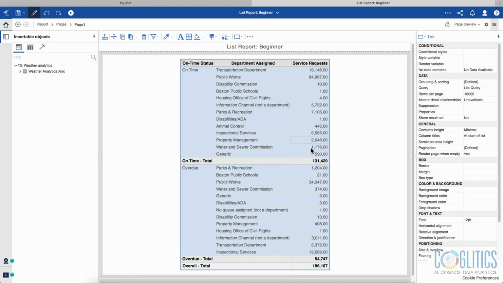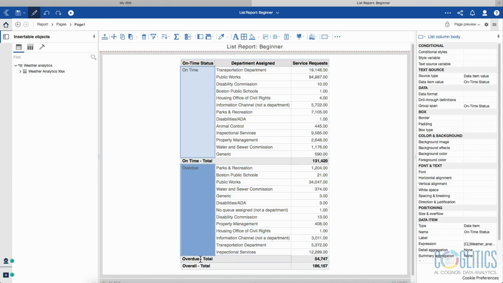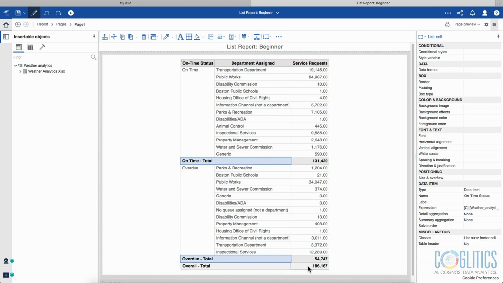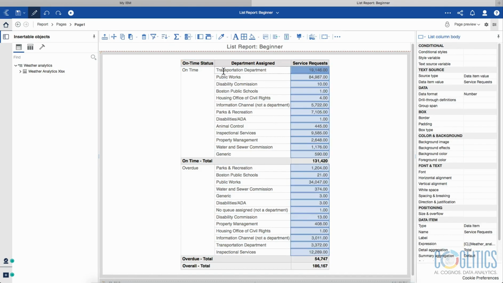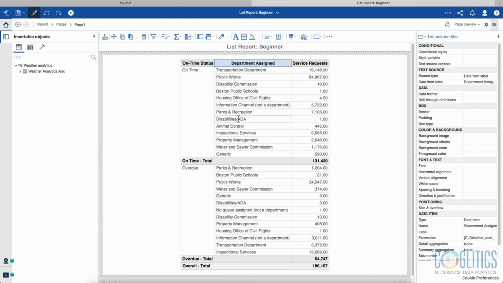131,420 service requests that were on time, and then there were 54,000 that were overdue. See, overdue total. And overall, there were 186,167 requests total. So what you see here, I have the department assigned as well. So when the folks in Massachusetts had an issue and they called the state, these requests were assigned to these departments. So we see that there were 19,186 assigned to the transportation department, and then 84,987 assigned to